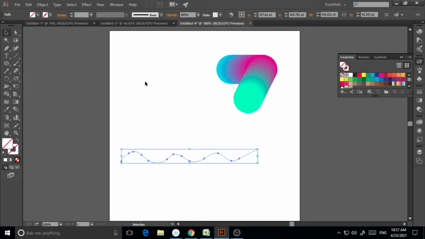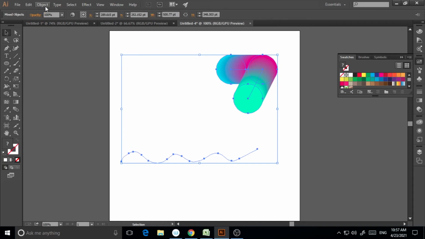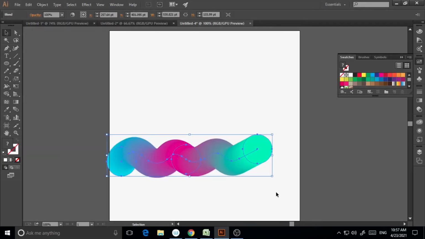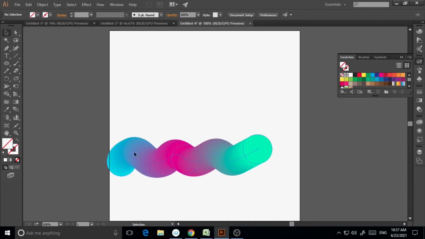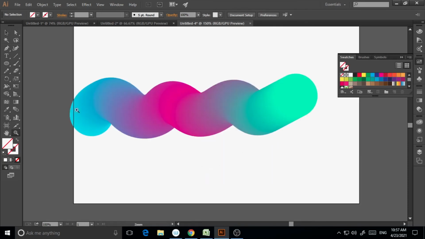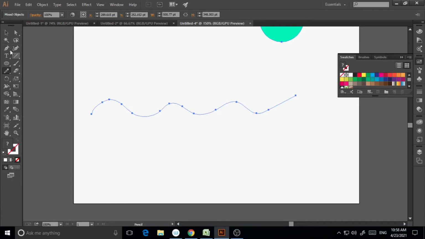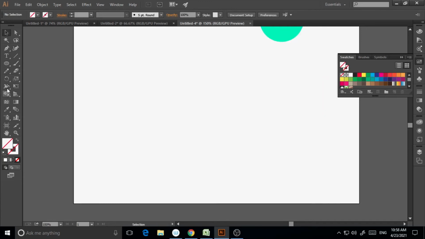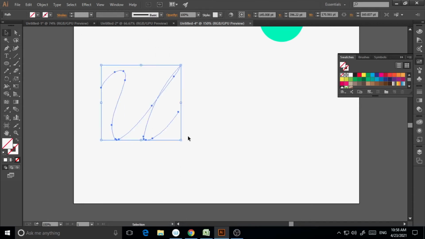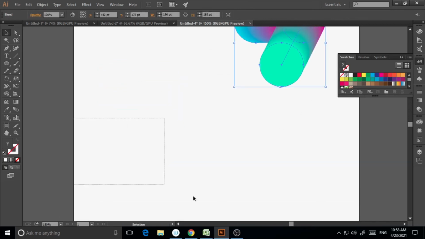Now if I choose both, and go to Object, Blend, Replace Spine, then it will be automatically replaced onto this particular spine. This is a very interesting, quick, and easy thing to do. Suppose you have written something here, suppose you have written U. I'm just backing up to show you. If you have written U or something like that, so this is U, and you select both,